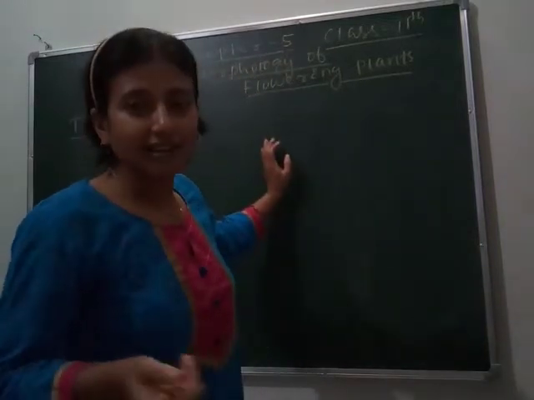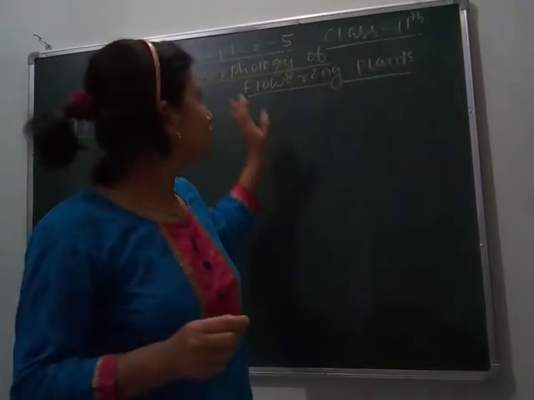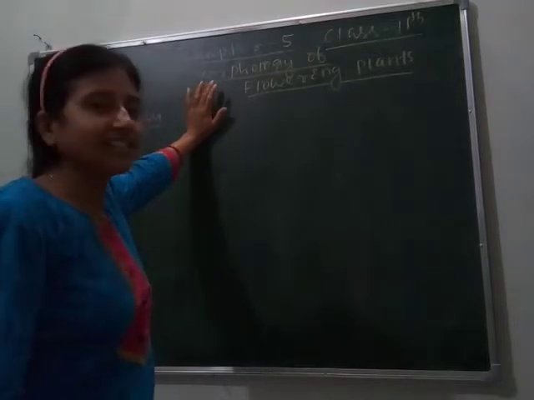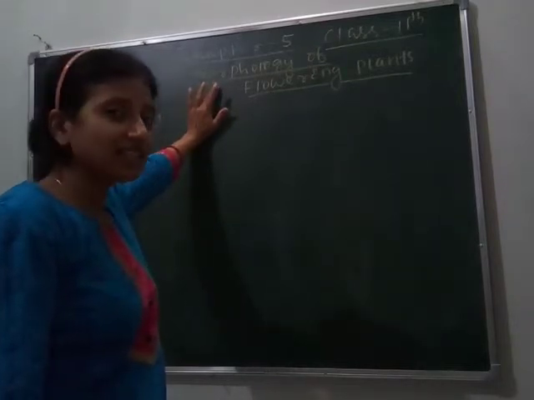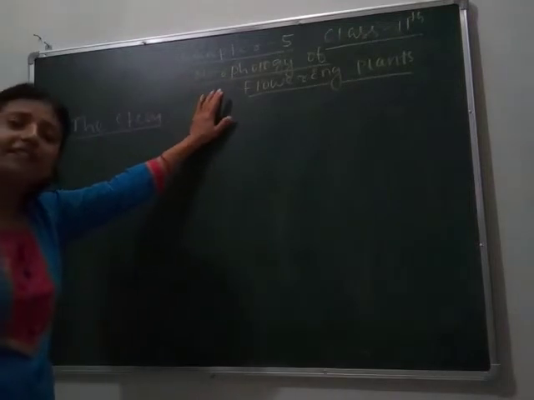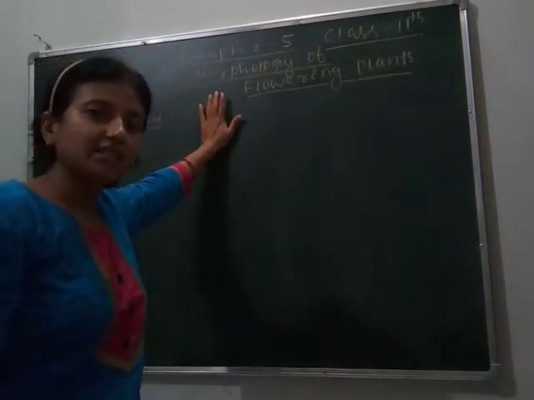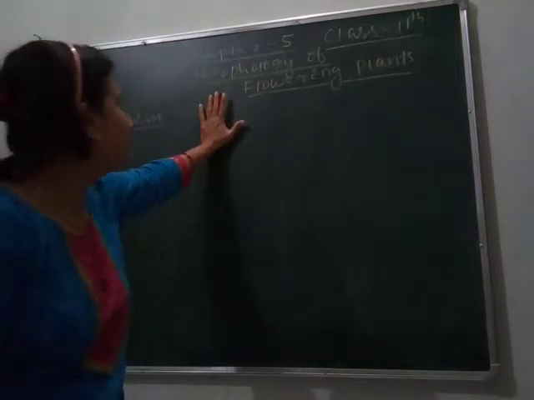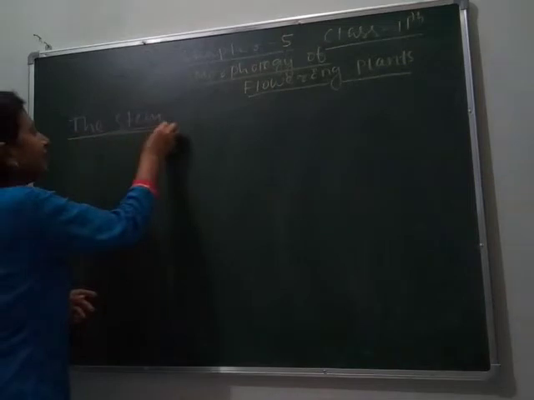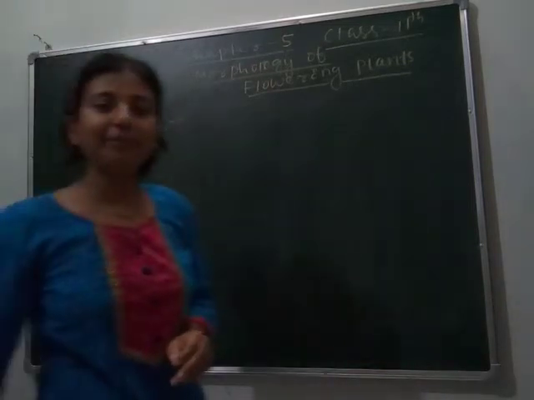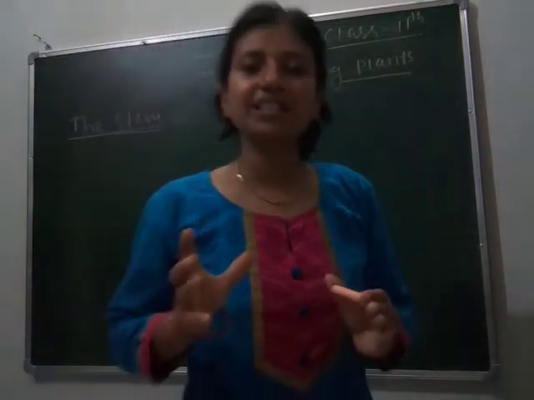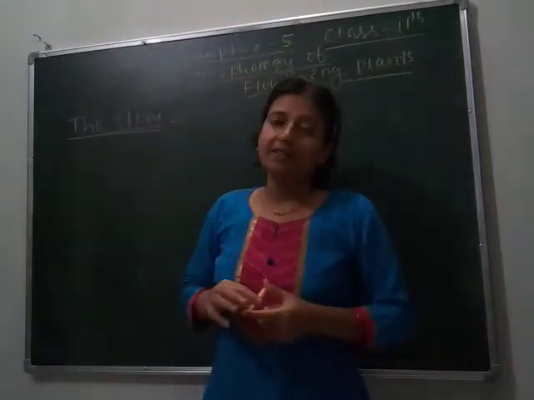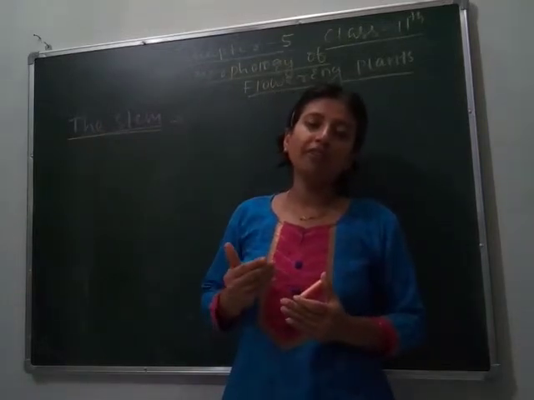And we have already studied about roots, so let's start today's lecture, that is chapter 5 of class 11, morphology of flowering plants. We have already studied about roots, its different parts, its function and its modification and why it is modified. Here we will study about the stem. As we know, stem is another part of plant that represents the morphology. Morphology means outer structure. So here first let's know what a stem is.